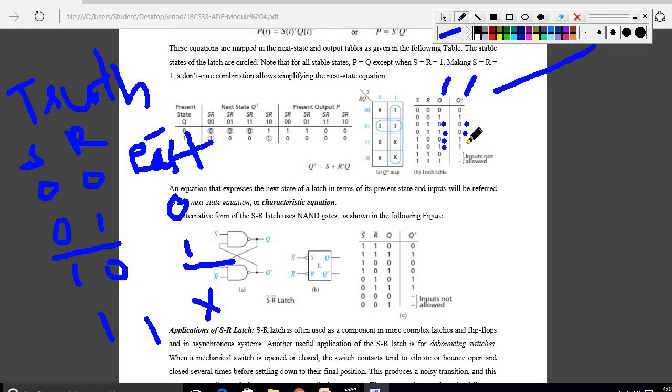Past value is 1, I am not writing this past value. According to the truth table, if the inputs are 1 and 0, the set condition will exist, so that value I am writing here. The last condition is when both the inputs are 1 1, irrespective of the past value 0 and 1, it should be don't care. So I am writing inputs are not allowed, which means it is a don't care term.